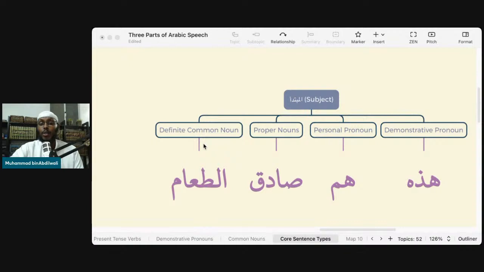Then we have the common nouns. Ooh, now we open up the dictionary. Now we literally opened up the dictionary. The common nouns really go back to what your vocabulary bank is. If your vocabulary bank is 200 words strong, mashallah, you can start with 200 mubtadas. And those 200 mubtadas, by the way, are each going to have 6 different forms. It could be singular, dual, plural, masculine, feminine. Let's say you learn the word Muslim. You have Muslim, Muslimah, Muslimani, Muslimatani, Muslimun, and Muslimat. You have those 6 forms. You can use any of them.